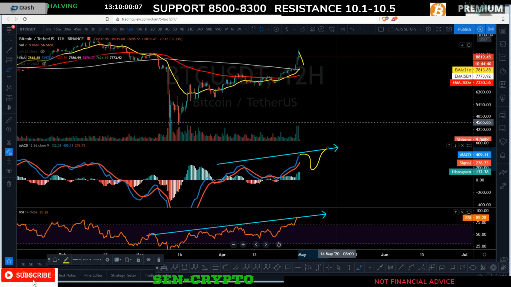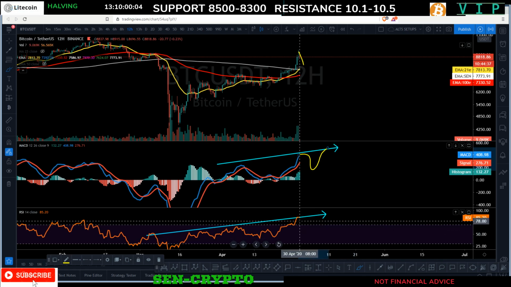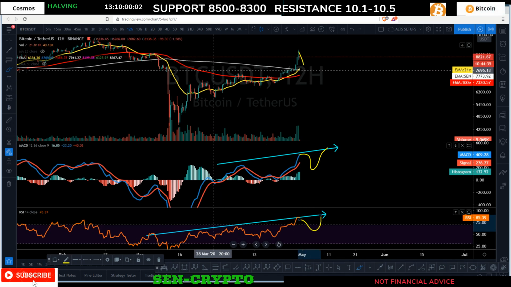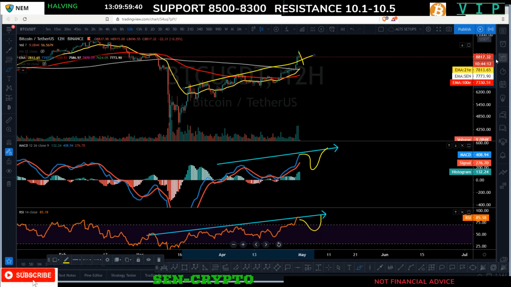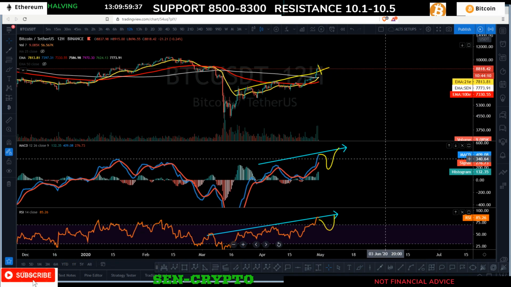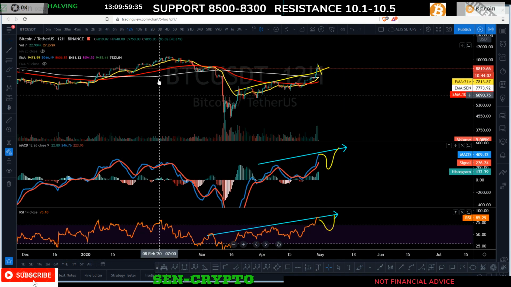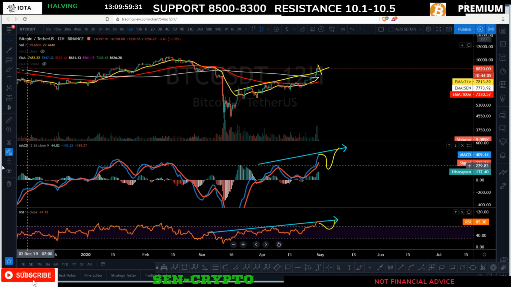If the MACD dips down and retests, and keeps up with the momentum with the price action and RSI, because they are all now moving together, price making higher highs, MACD making higher highs, RSI making higher highs, it is extremely good in terms of short-term volatility and price moving higher from now on, right? At least for the short term, we have to pay attention to it. So now what are we looking for in terms of bearishness?